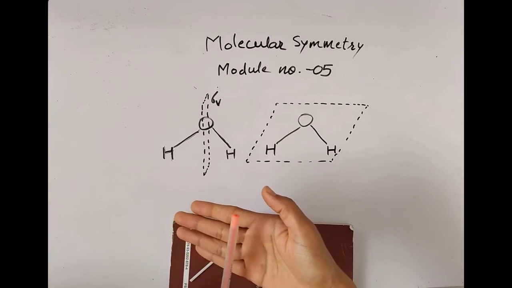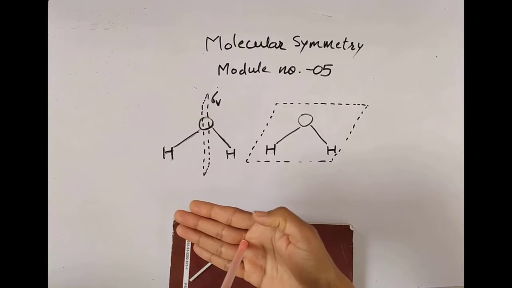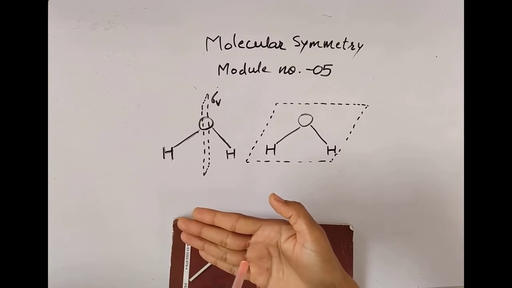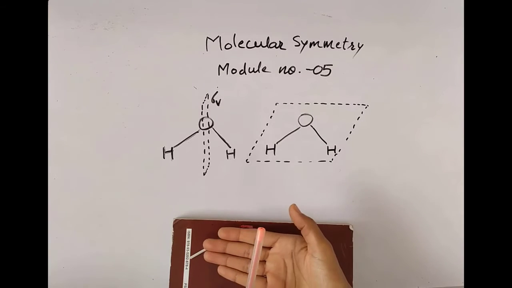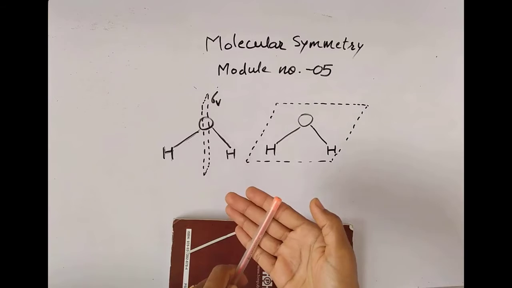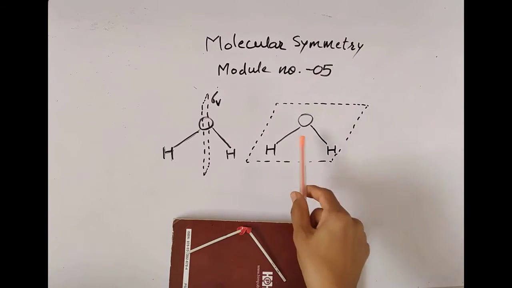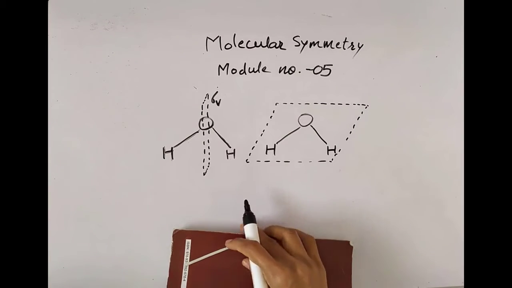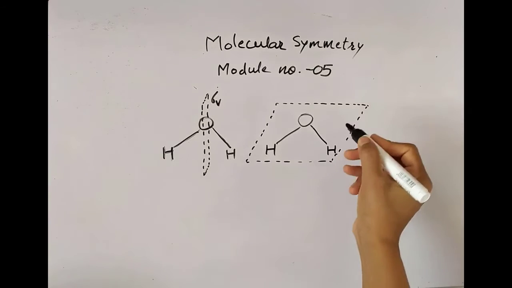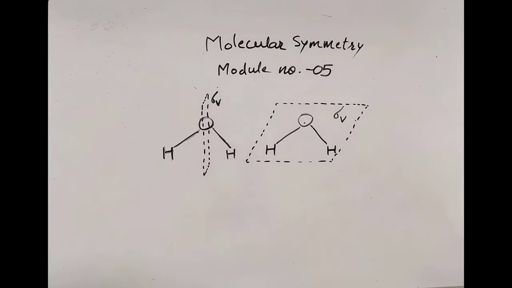They are moving together. The angle is 0. If the principal axis would have been like this, then the angle becomes 90 degree. But right now our plane is like this and the principal axis is like this. So what is the angle between these two? Again 0 degree. Means this plane is also parallel to the principal axis. And as this plane and principal axis are parallel, the second plane will also be sigma v.